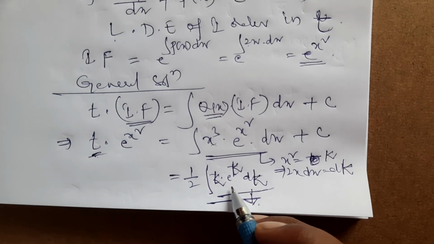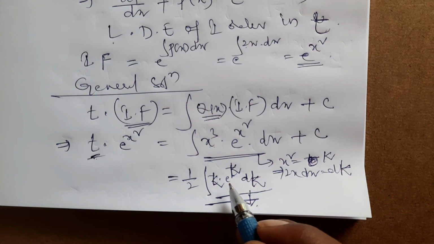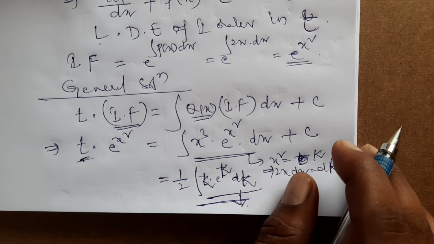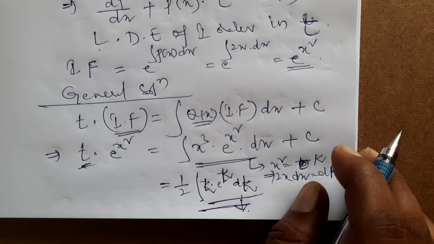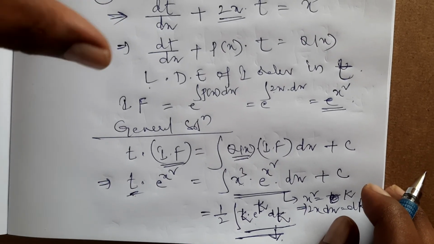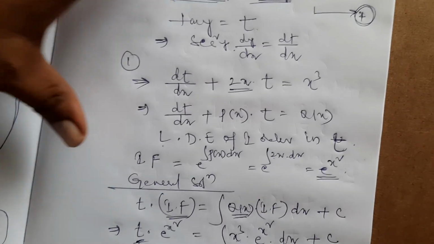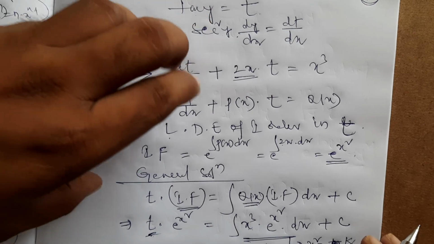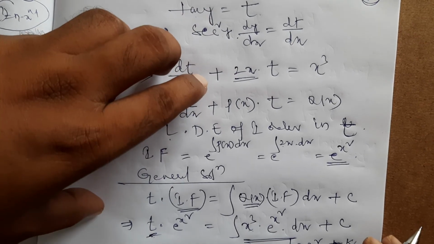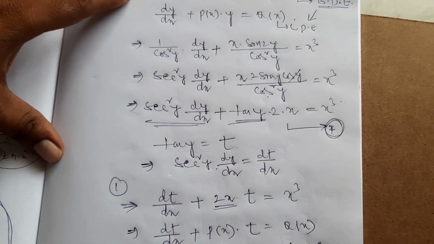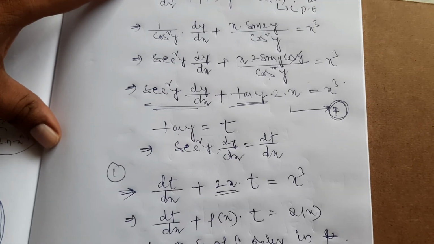So this is known as the Bernoulli's differential equation. Bernoulli's differential equation is not directly a linear differential equation. If you make a few changes to it, then the total equation changes to a linear differential equation, and for that we have to find the solution. A few more examples I will give tomorrow. Okay, thank you.